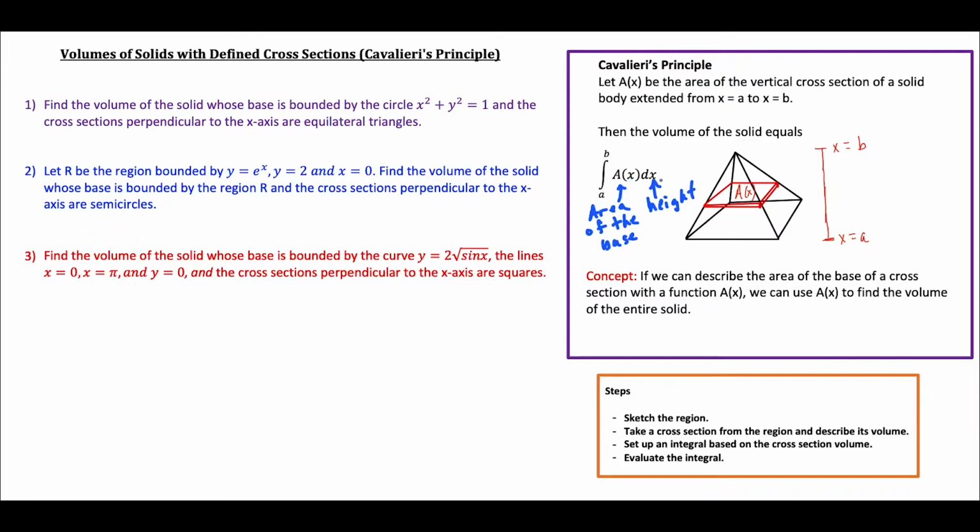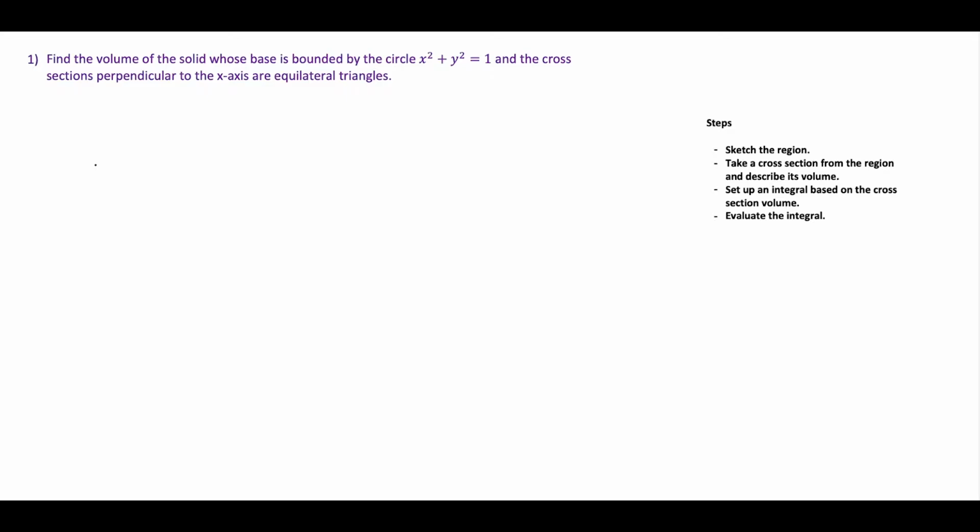So A(x) dx represents the volume of one cross section, and the integral from a to b essentially just adds the volume up of all of these individual slices, which when you add up all of the squares that go from the bottom of the pyramid all the way to the top, it gives you the volume of the whole solid. Okay, for this first example here, we're going to go through the steps, and the first thing